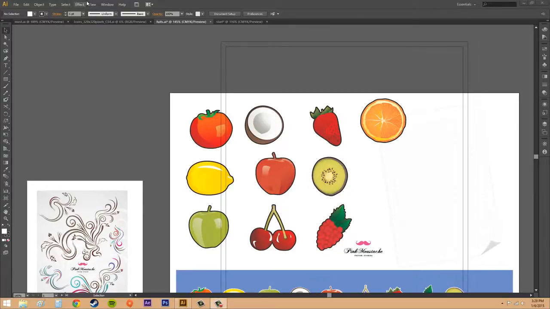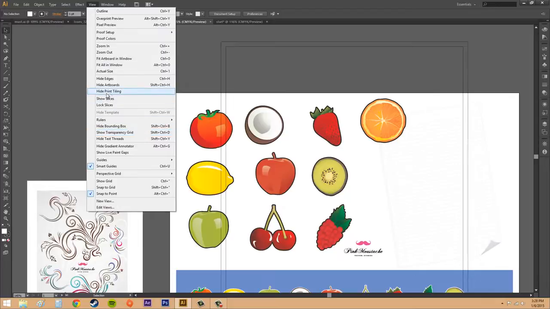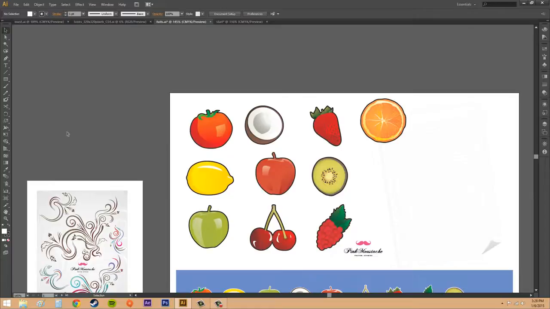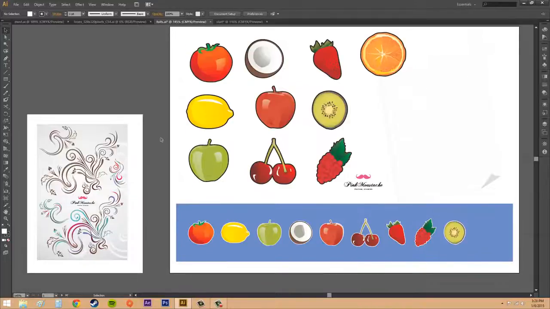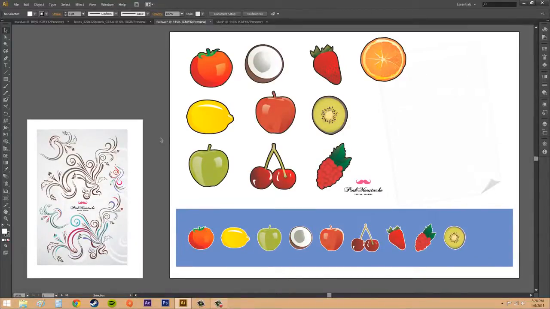Now there's a couple other views. I'm going to take this off. Hide Print Tiling, it changes to hide. And there's a couple other views called output views. And these preview modes pretty much display this in different types of modes or different previews because of the different way you're going to output the object. So if you're going to print it on a high-class printer, or if you're going to do something else, or you're going to use it on the web, it's going to show you how it's going to look with those previews. So let's go to our view,